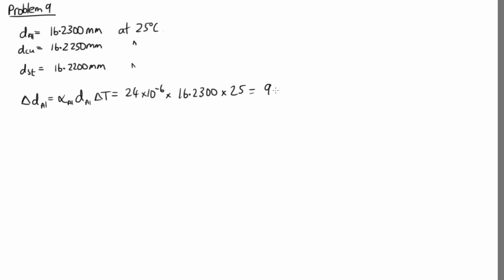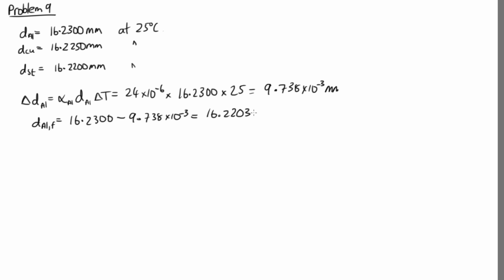So this will be 9.738 times 10 to the minus 3 millimeters is how much this changes, and it reduces by that much. So the final diameter of our aluminium ring will be the initial diameter, 16.2300 minus 9.738 times 10 to the minus 3. And solving that, we end up with